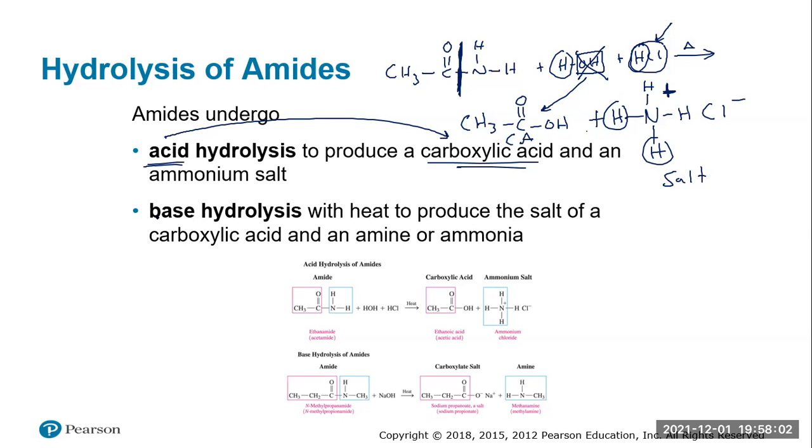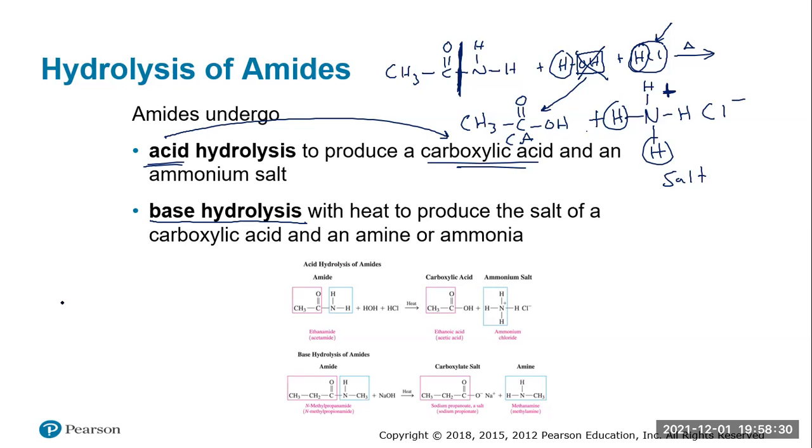Now, the base hydrolysis is a little bit different. During the base hydrolysis, we actually will not get back the carboxylic acid. We actually will make a salt of the carboxylic acid, but we will get back an amine or ammonia depending on what is reacting. So if we take a look at that, which is on the bottom there,